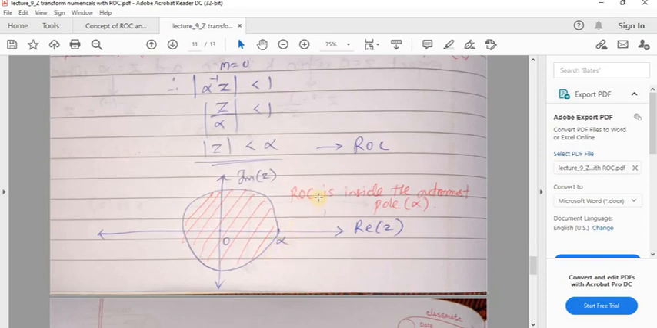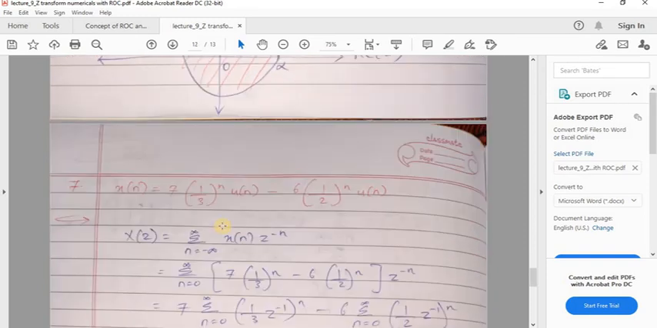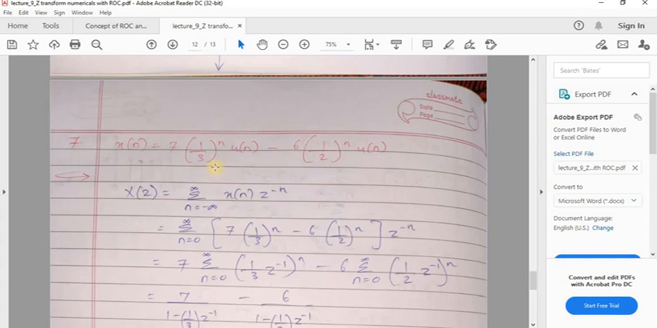So I have drawn here, alpha is our pole, the outermost pole. So z is less than alpha. ROC will be present inside the outermost pole alpha. Simple problem. So now the next and last problem is